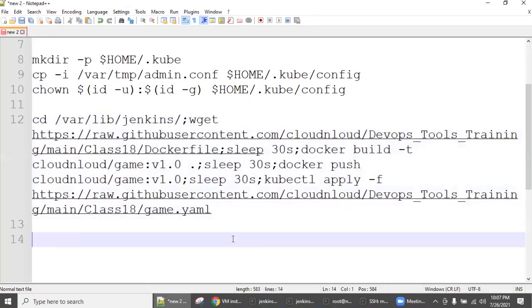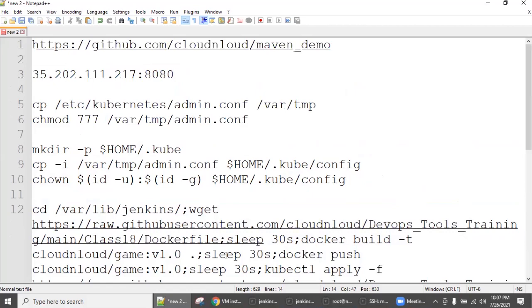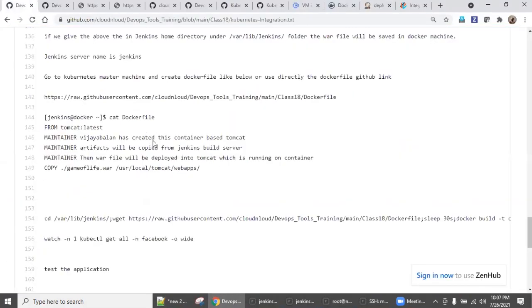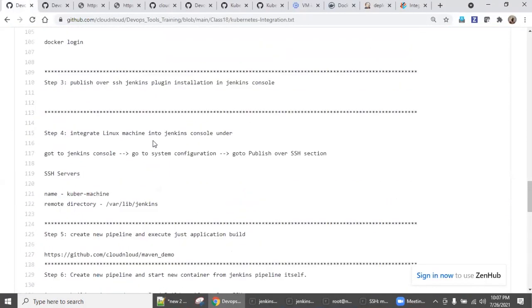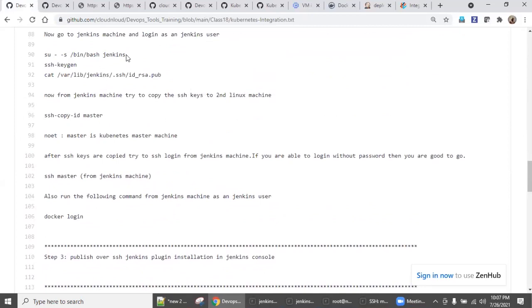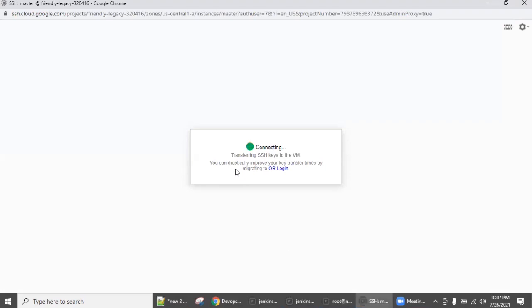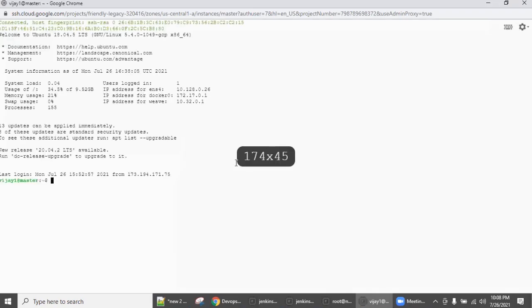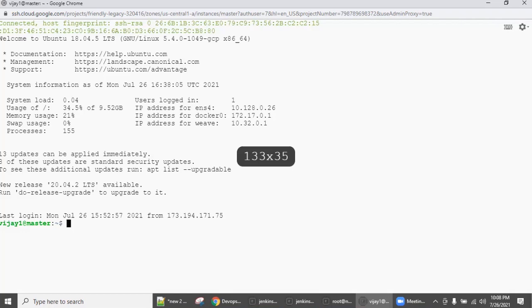Let's copy this here and first we will log in as the Jenkins user, su to this user. From that user we will try to log in. Nowadays it's taking some time, so let's wait for a few seconds. The SSH is about to establish the connection. Yes, this is the master.